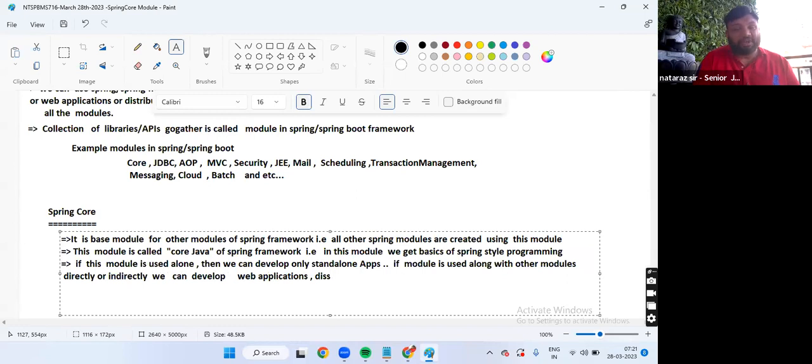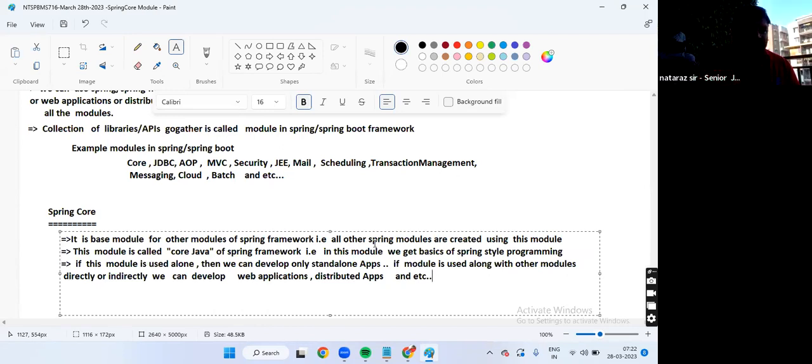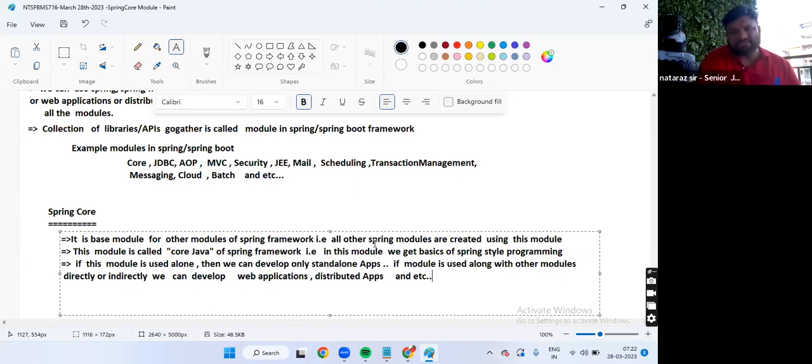Your Paytm is a distributed application, GPay is a distributed application, whose services can be accessed locally or remotely from different types of client applications. Is that called a distributed application or not? Sometimes we use this module indirectly, sometimes directly. But when it is used along with other modules, we can develop different kinds of applications.